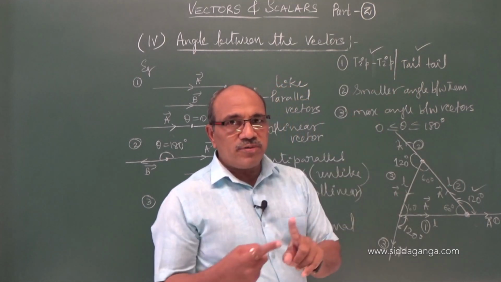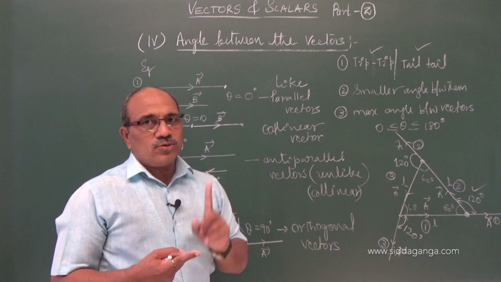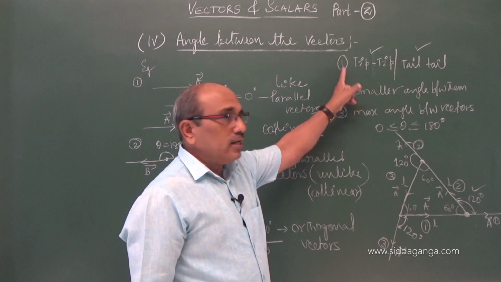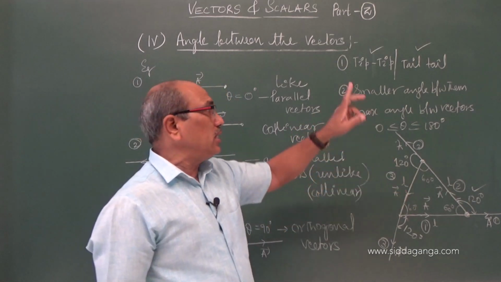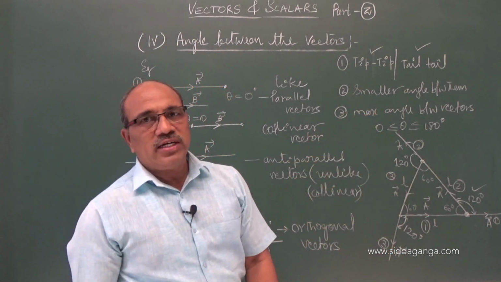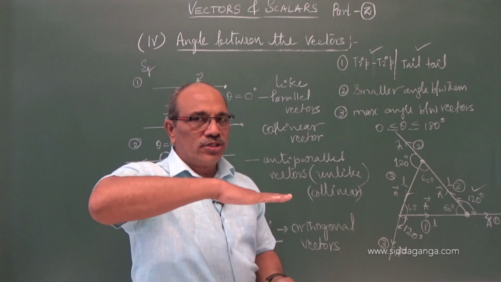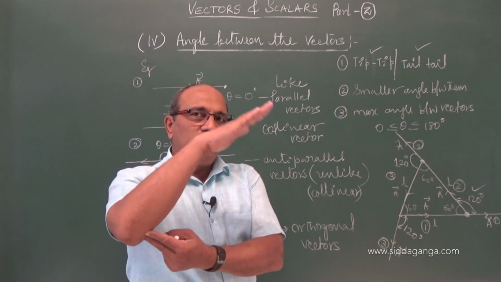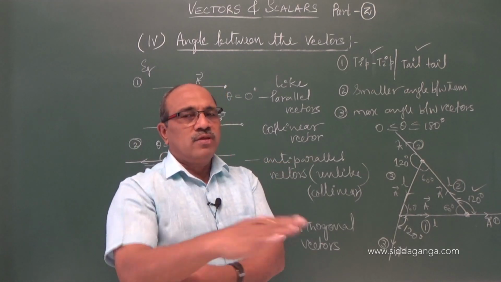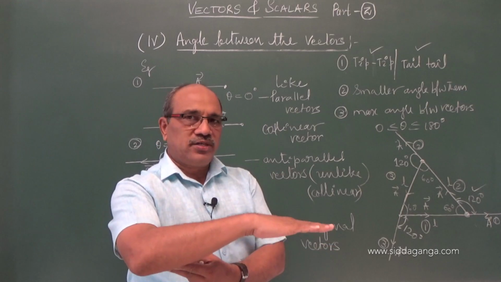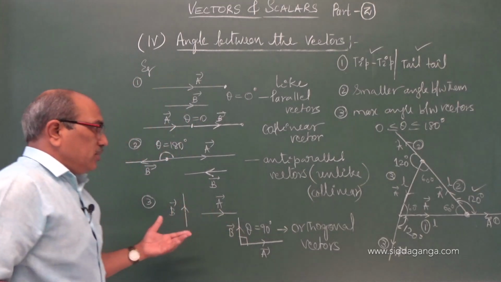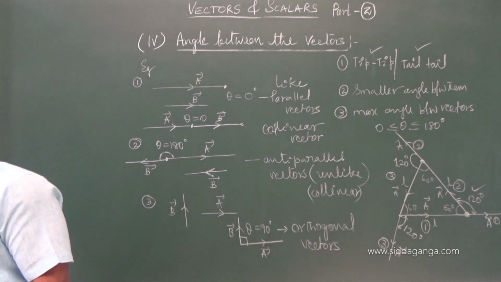If you want to get the angle between two vectors, you have to see that tail to tail or tip to tip should be joined. And second, out of the two angles, you have to select the smaller angle between them. Conditionally it may be more than 180. And I told you, if it is the horizontal axis, any measurement of angle usually we take above that as positive and below this as negative. Anti-clockwise is positive from the reference line. Clockwise, if we measure, it is negative.